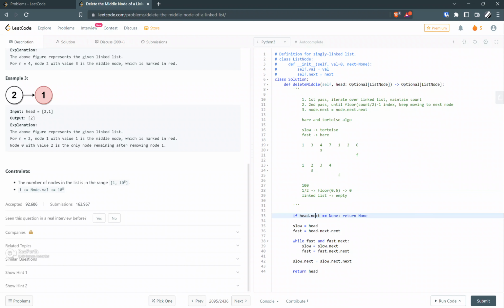सो लिङ्क लिस्ट एम्प्टी भयो भने यो पर्टिकुलर एज केसलाई ह्यान्डल गर्नुपर्छ. र कोडिङ गर्दाखेरि मैले के गरेँ भने फर्स्ट एज केसलाई ह्यान्डल गरेँ, अनि मैले चेक गर्दैछु हेड डट नेक्स्ट भन्नाले जुन एउटा पर्टिकुलर नोड छ यदि नन छ भनेपछि एउटा मात्र नोड हो, त्यस्तो केसमा एम्प्टी लिङ्क लिस्ट रिटर्न गर्ने हो. नभए हामीले दुईवटा पोइन्टर मेन्टेन गऱ्यौँ, स्लो जसले हेडलाई